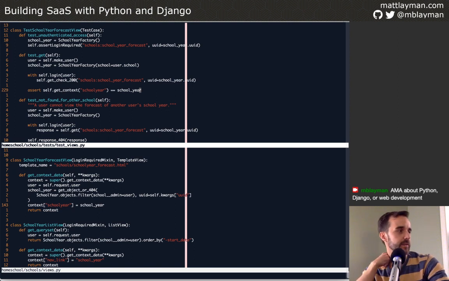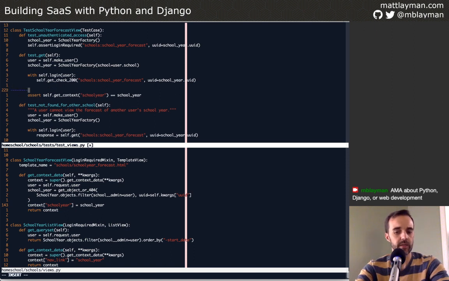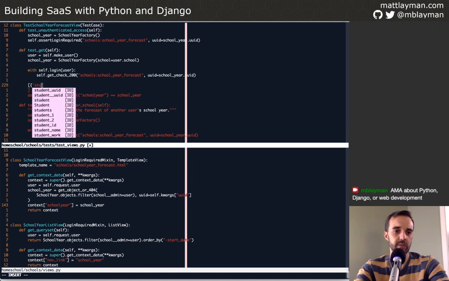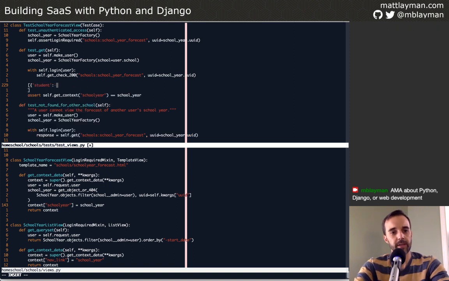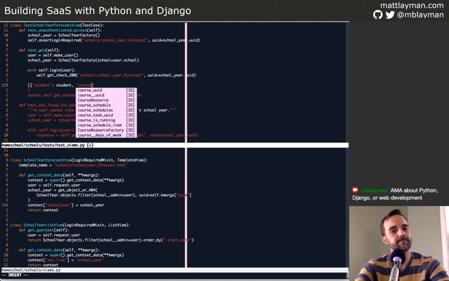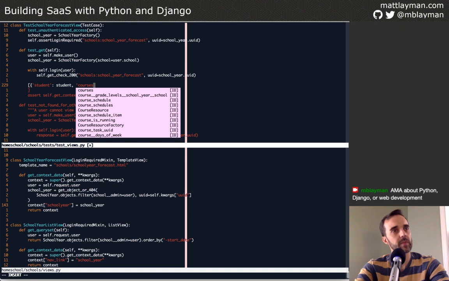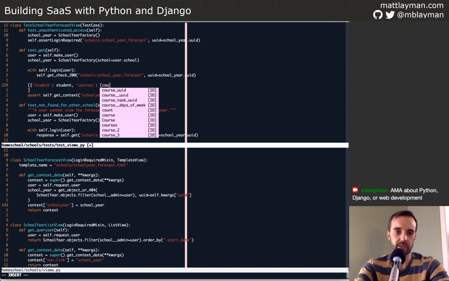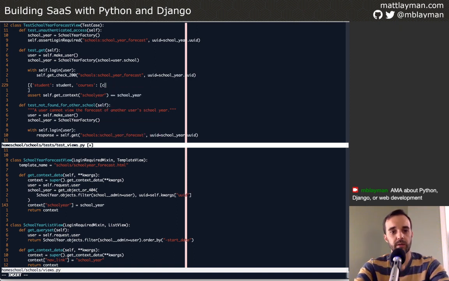Now we want to have this structure. And in my mind, the structure is a list. So let's write out what I think the data is going to look like, kind of scratch through it. So it's going to be a list. And in that list will be some dictionaries. And the dictionary will say one key will be the student itself, and that'll be student. And then the other key will be the courses. As I'm talking through that, yeah, we'll do that for now. And the courses will also be a list. But it won't just be a list of course objects. It will be another dictionary,